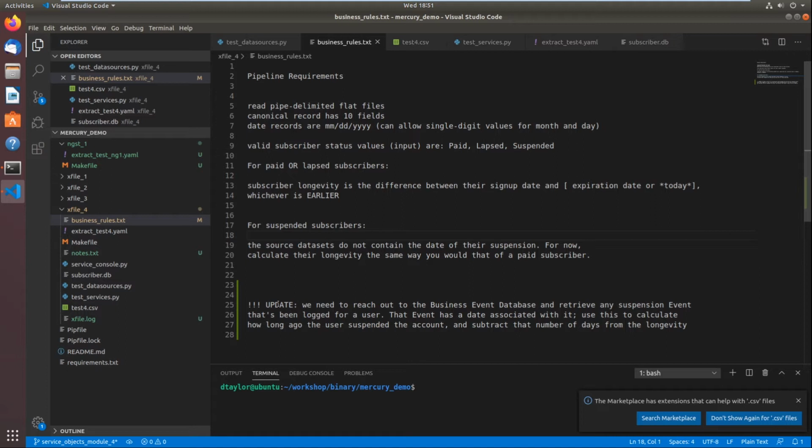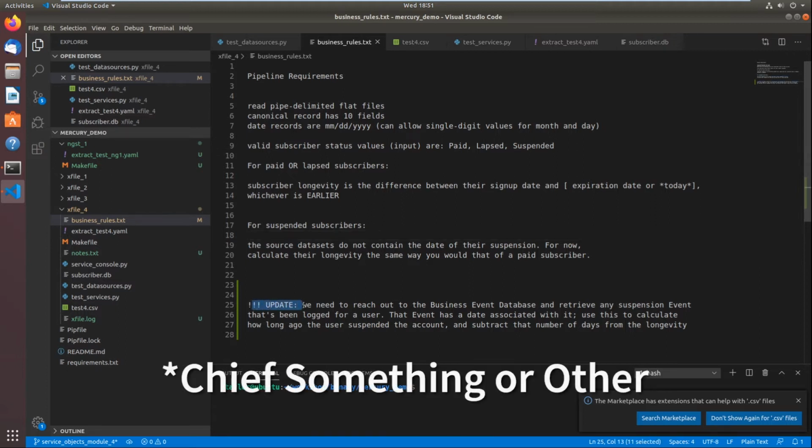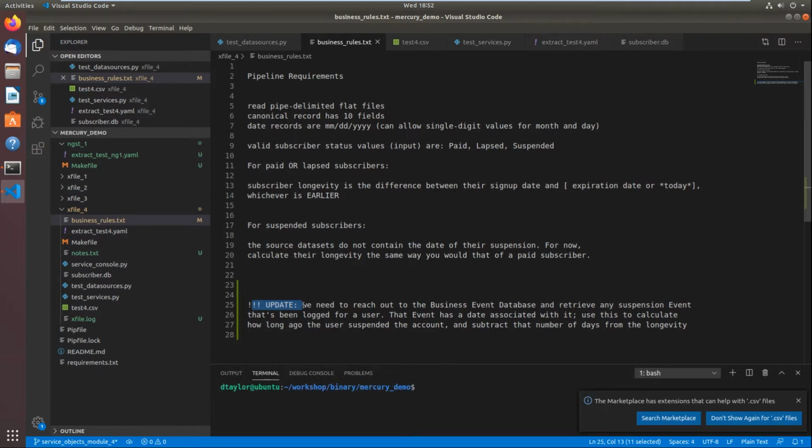But now imagine that word has come down from the CSO that we do need to know when someone suspended their account, because the number of days the account has been on hold must be subtracted from the longevity. Now, there could be many reasons for that. It could be that the cost structure of maintaining an active versus a dormant user is different and accounting wants to know. It could be that since a suspended user doesn't see our ad content,